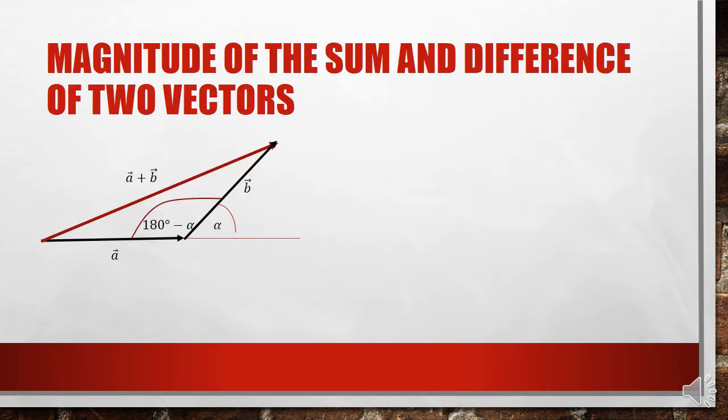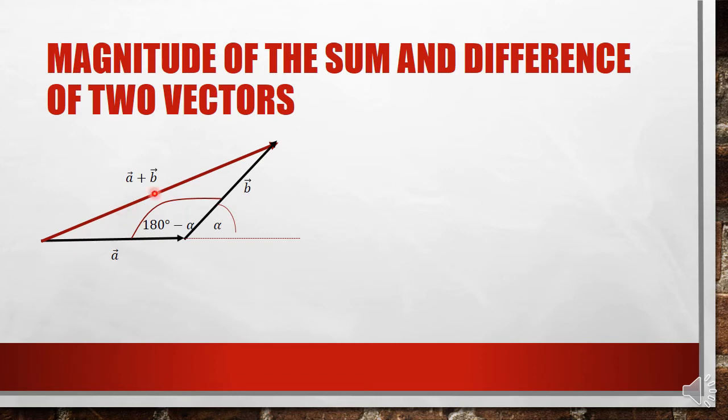Okay, so we have learned how to find the sum and the difference of two vectors geometrically. So now let's find the magnitude of the sum and difference of two vectors. Let's say that I have vector a here and vector b, whose angle in between is alpha. If I want to find the resultant of these two vectors using the triangle method, I get this triangle